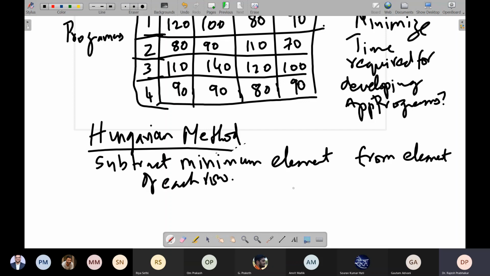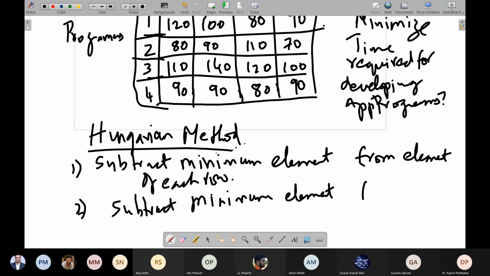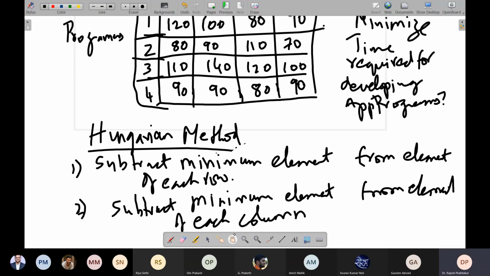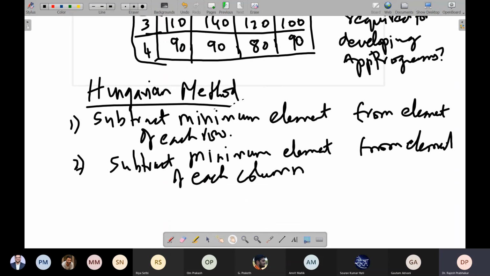This is the first process. Now, once you have done this, second, you have to subtract the minimum element from the elements of each column. Once you subtract the rows, then you have to subtract the columns.